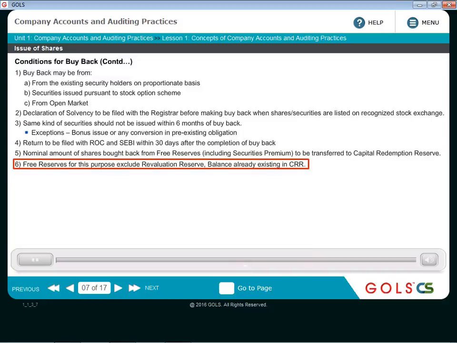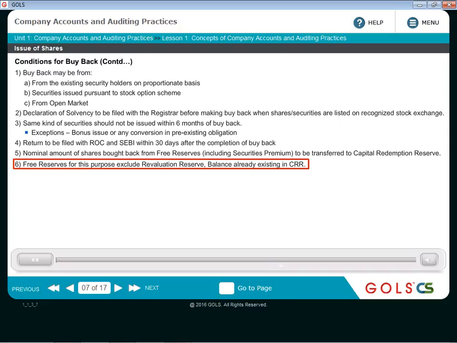Now, when you are buying the shares back, it basically reduces your share capital, but it should not result in a reduction in the share capital of the company. That is why the Act says that whatever buyback is happening from a source other than fresh issue, that much portion should be transferred to CRR, so that ultimately it will get converted into share capital at some point of time or the other. Because CRR is going to be utilized only for the purpose of bonus issue, it is shareholders' money. So it basically gives a guarantee that the amount will ultimately be considered as part of share capital, and there will not be any reduction in the share capital.